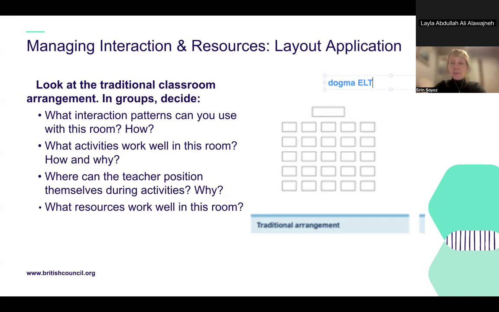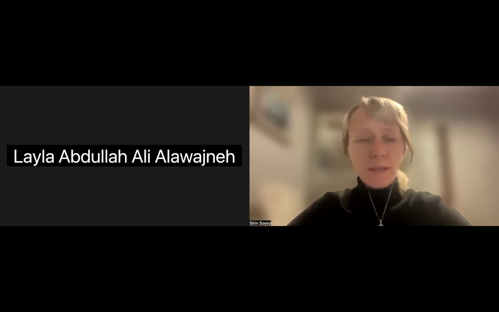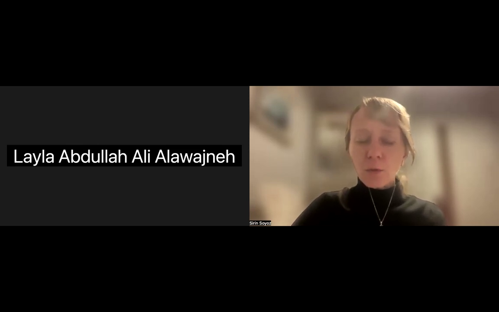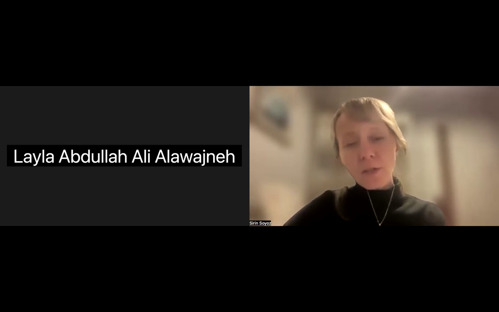If you don't know it, Dogme is to make use of any material that you can. In Arabic, it means like استفادة, to take advantage of everything that you own in the classroom. In the classroom it sounds like this: not depending on course books or anything, but the teacher is the resource, the learners are the resource. Please have a look. Layla, you are the star, so thank you so much for these